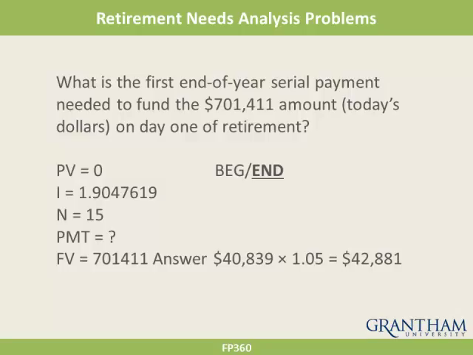But that is not the correct answer, because the client is not making the payment today when they agreed to do this retirement plan. They are not making the payment until a year from now. So we need to account for the 5% inflation eroding away at the buying power of that money. Therefore, we need to increase the answer, $40,839, by 5%. We need to add 5% to that amount. The easiest way to do that is multiply by 1.05, and so the correct answer for the first payment is